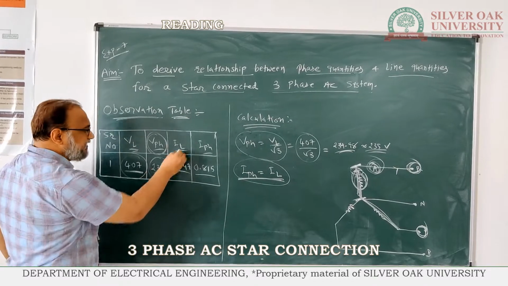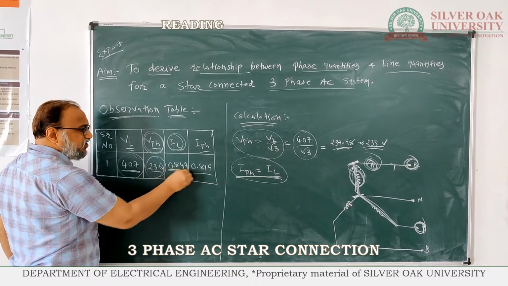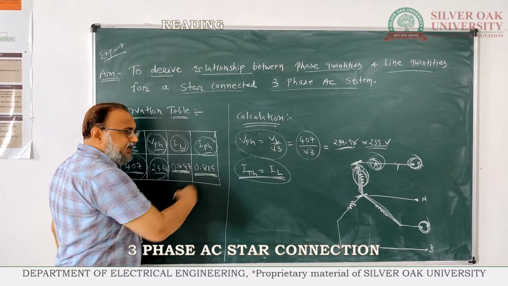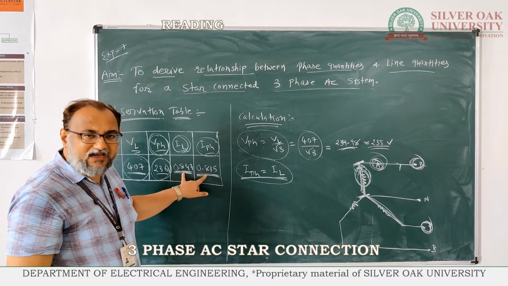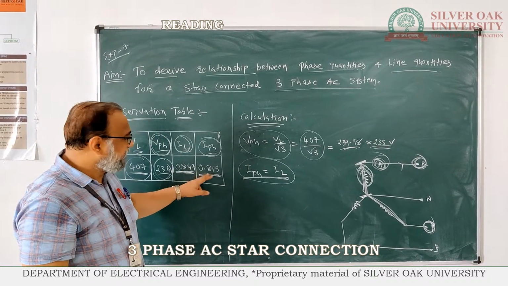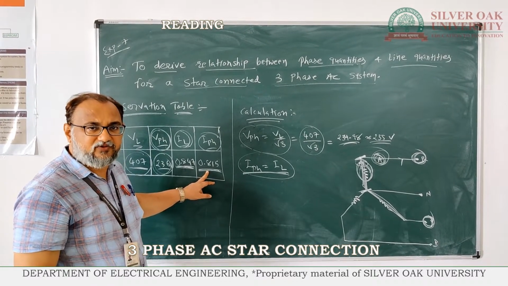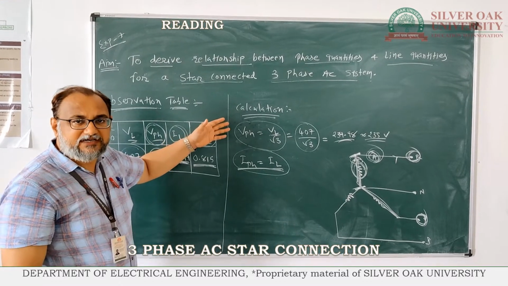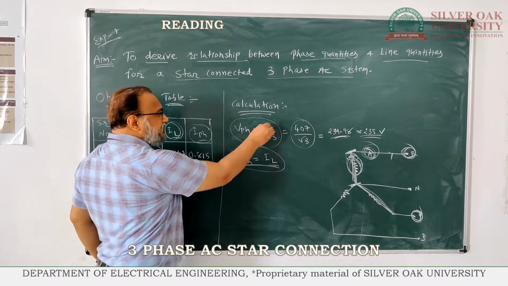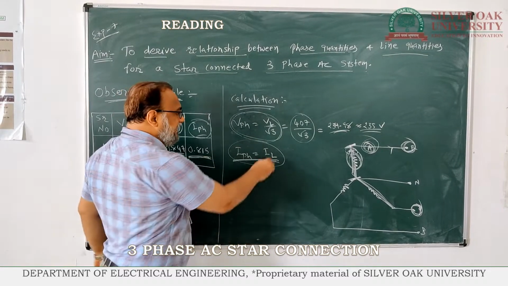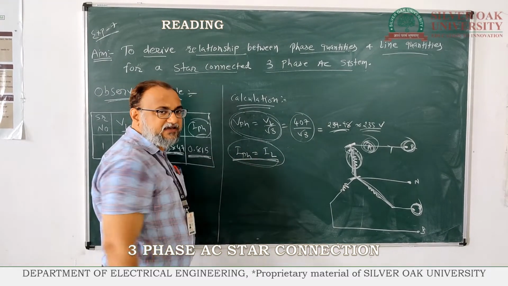Similarly, the line current is 0.847 and the phase current is 0.815. They are almost equal, and the variation you see is because of fluctuation on the supply side. So by performing this practical we can conclude the relationship between phase voltage and line voltage, and the relationship between phase current and line current is